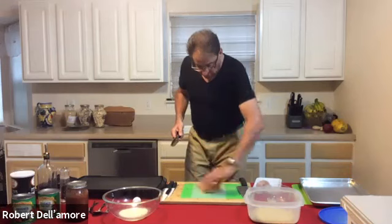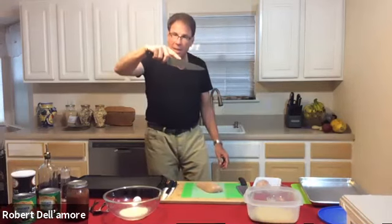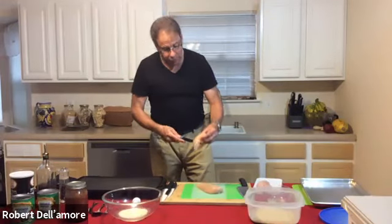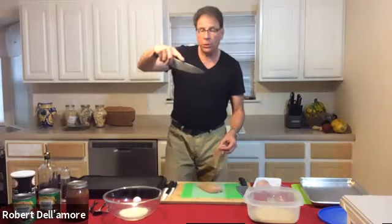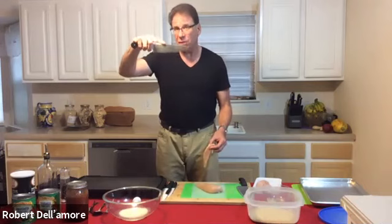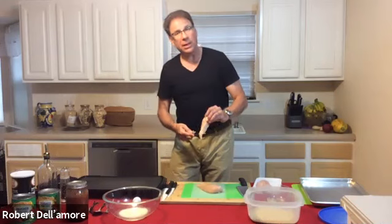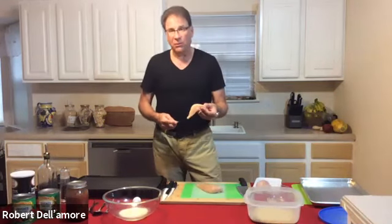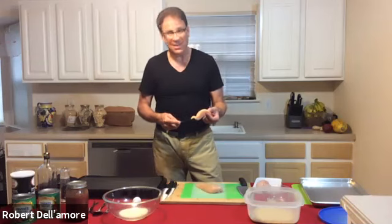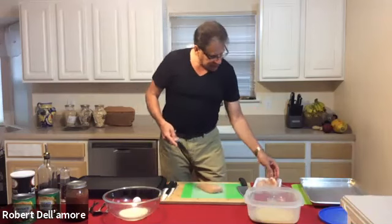What I like to do when I prepare my cutlets is take my knife with my finger on top of the blade and pull in one easy direction backwards. Again, when you use this technique with the finger on top of the blade, now the blade is an extension of your finger. So you can just pull, and now this tenderloin is separated. Guess what we're going to use this tenderloin for? I could fillet this, but I'm going to use this for my nuggets. Okay, these are the best nuggets you've ever had. So I'm going to place this aside,